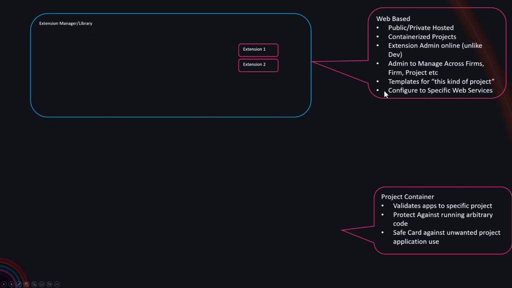So the first thing is that there's a little more information that's web-based than there is project-based. So you start out with this extension manager library. Let's say I have two extensions. And the first thing you do is make the project-specific container. This is slightly different than the development world because this concept isn't, at least from what I could tell, prevalent in the software development world. What you do is